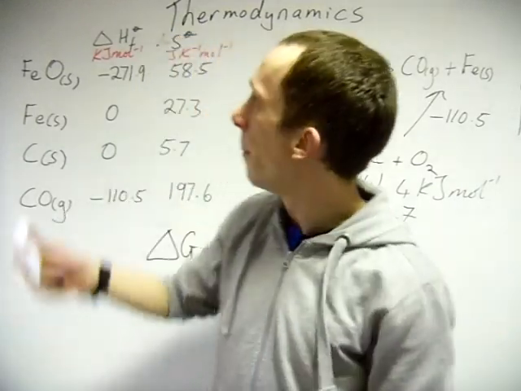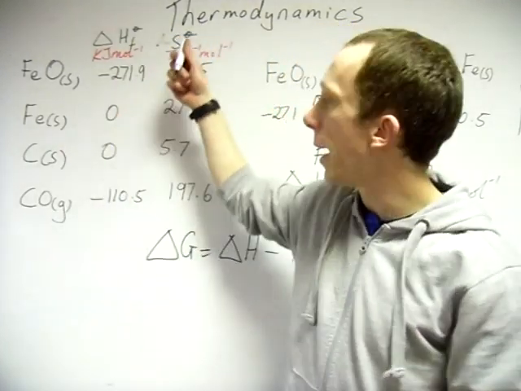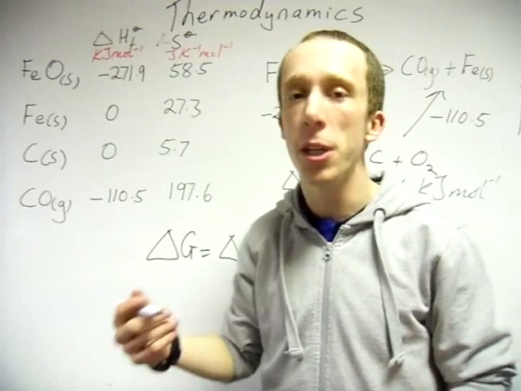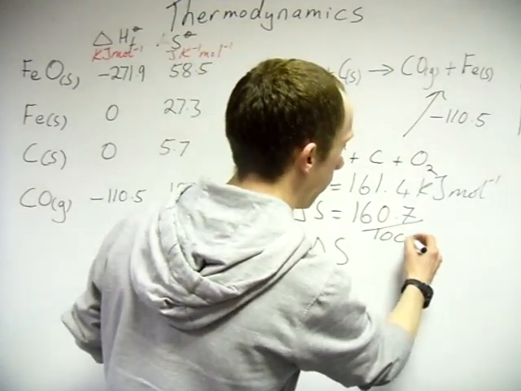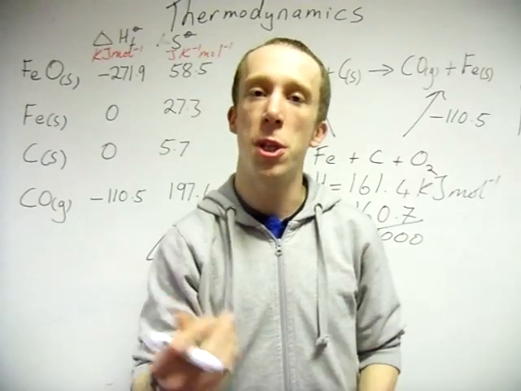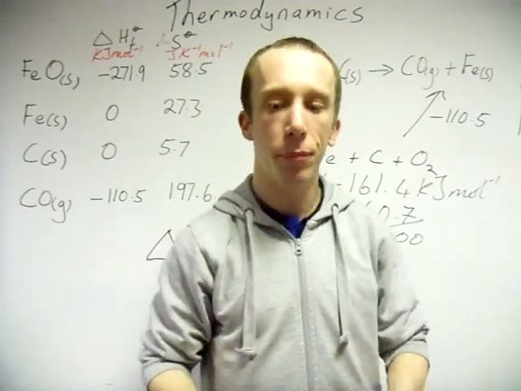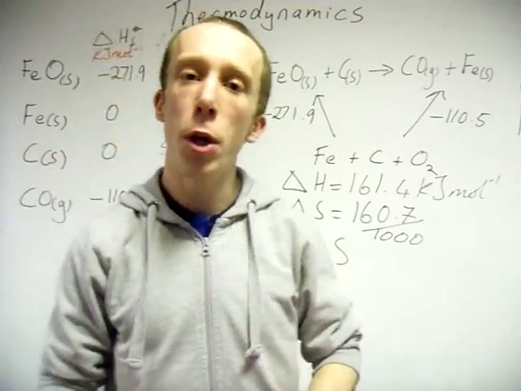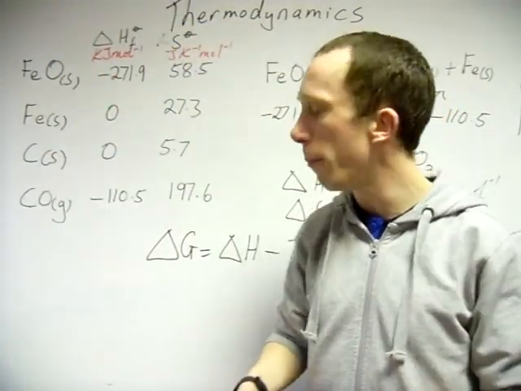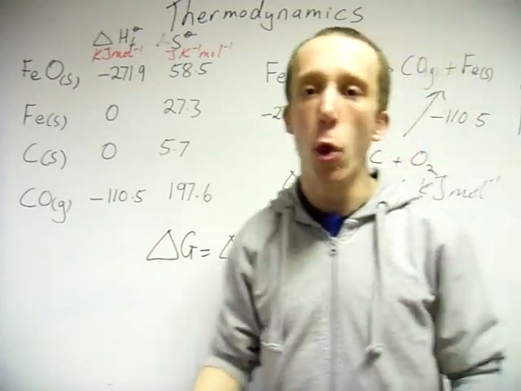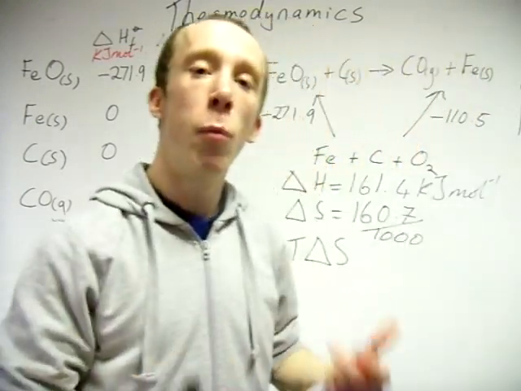Now again, remember units, I've shown you there, entropies in joules, enthalpies in kilojoules. So I should divide this by 1000 so that the units are comparable. Now, say if I want to work out if a reaction is feasible at a certain temperature, say 450 Kelvin, then what I would do